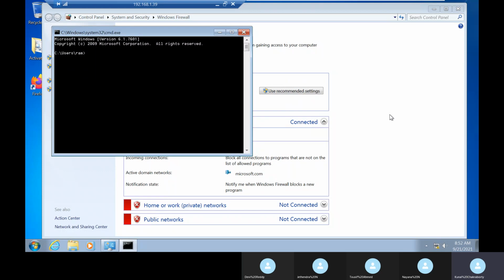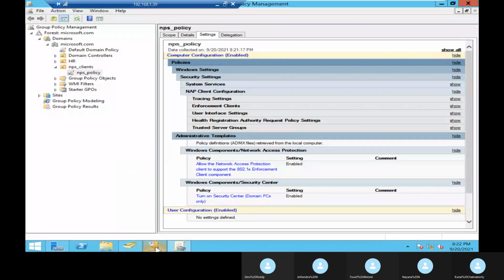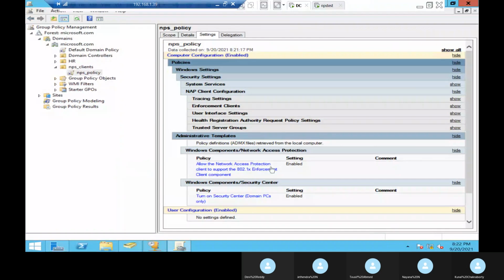Just check whether DHCP is working or not. Yeah, it's showing it's implemented, but still it's not coming over here.